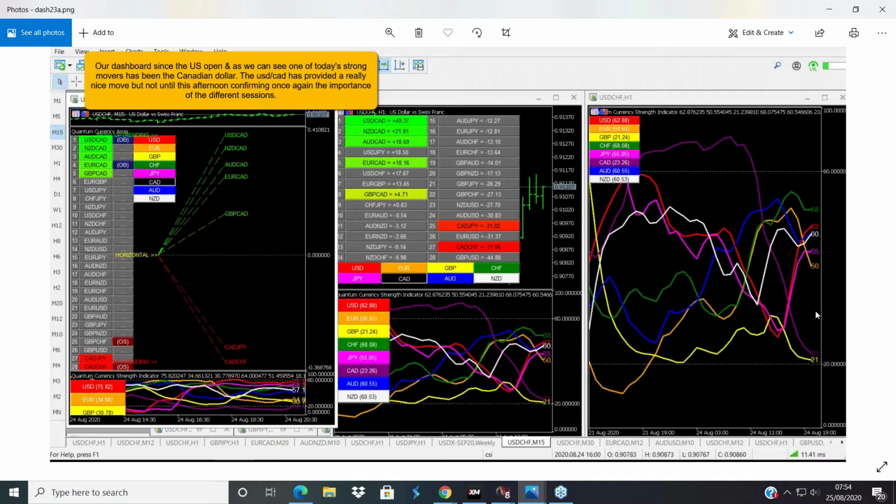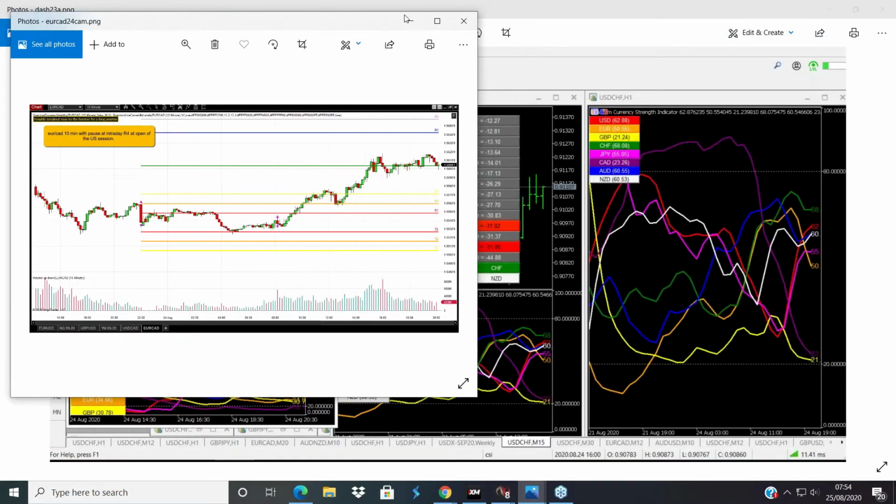But when you look more closely at the pairs where that selling was occurring, it wasn't consistent. Although the Canadian was selling off, it was selling off very strongly against the euro in the morning, but by the time the US session came along, that came to a pause. It came to a significant support and resistance level, and the selling was then carried on against the US dollar. And in fact, I have the pictures here as well. So this is the euro. This is the euro Canadian.